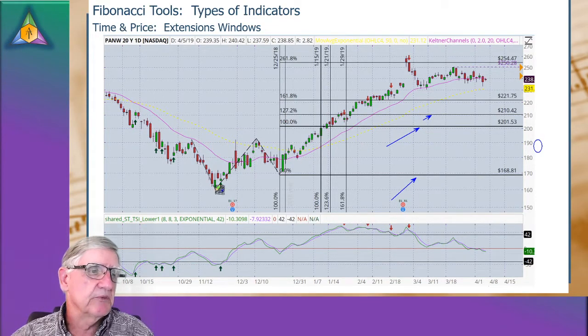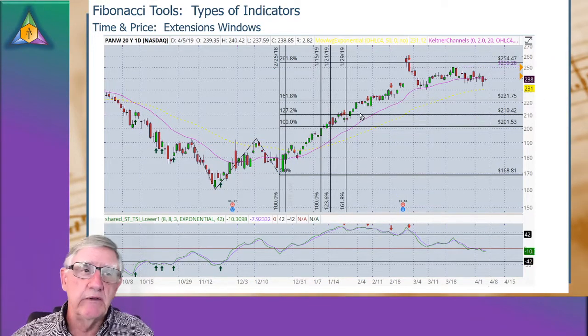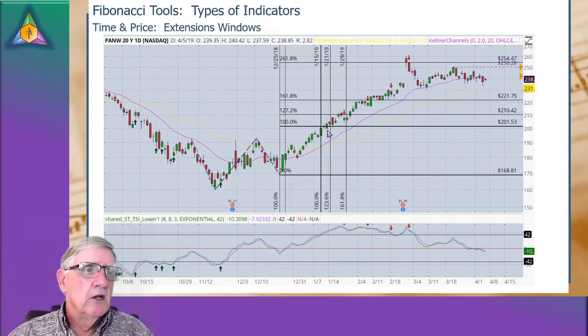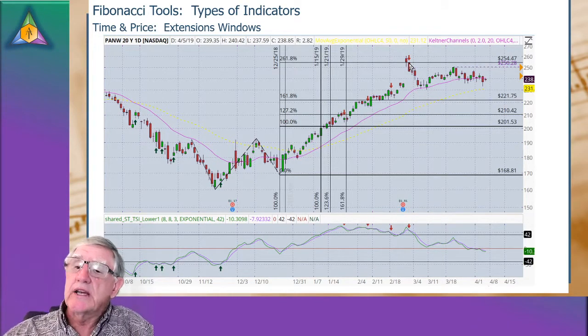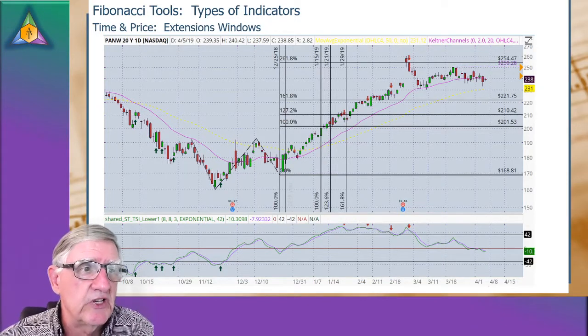In this particular case, I measured from this low up to this high, from this low up to this high, back down to this low. That gave us our first price projection heading up. And as I've said in the previous video, your 100% extension, your 1.272 extension, your 1.618, and then finally your 2.618 can be upside targets that you're looking at for potentially moving,